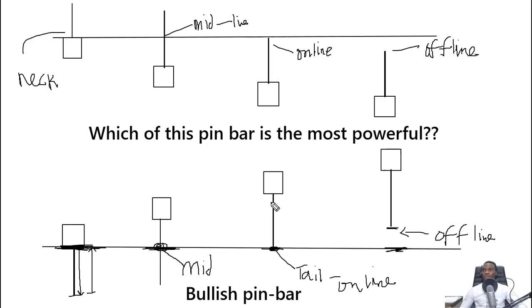based on the key level structure. Whereby right here we just have a rejection from the tail. We didn't have a rejection from the midpoint, likewise the neckline. And right here price is offline. So all these bars are nice, well defined pin bar formations,